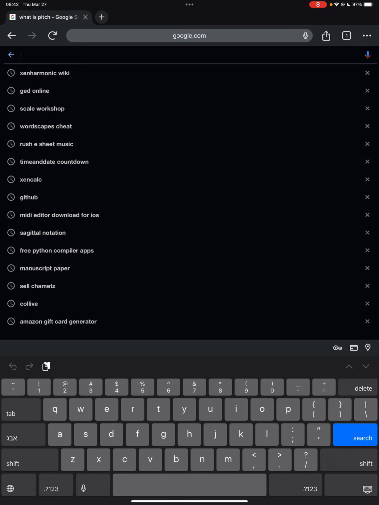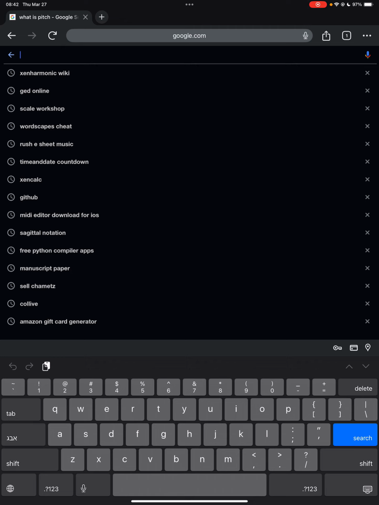So a high pitch will be something like ooh. You probably couldn't even hear that. But a low pitch will be something like ooh. And then there's somewhere in the middle, like ooh. So to demonstrate what pitch actually is, I'm going to show you